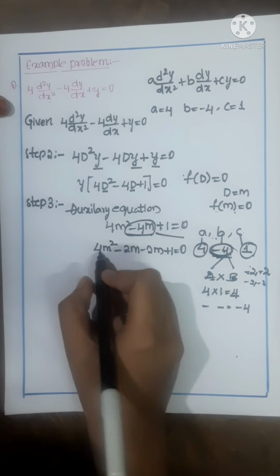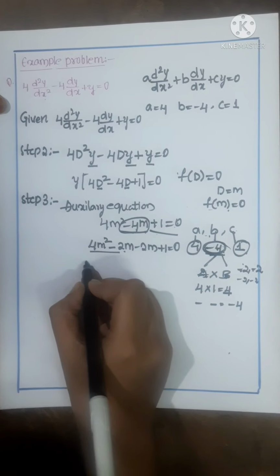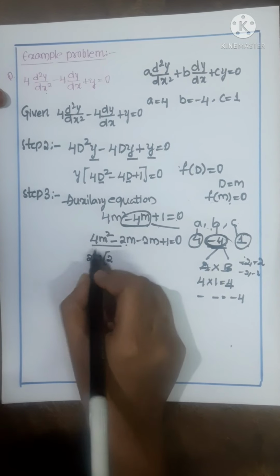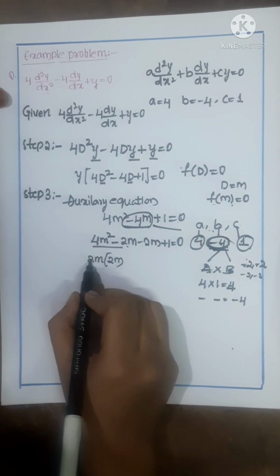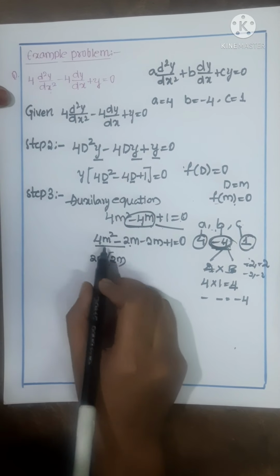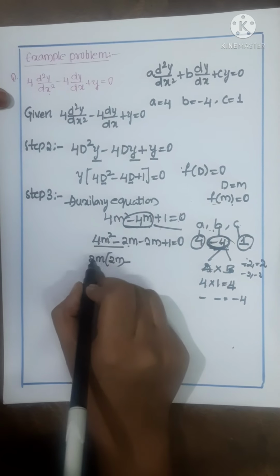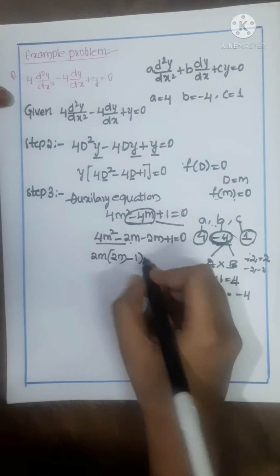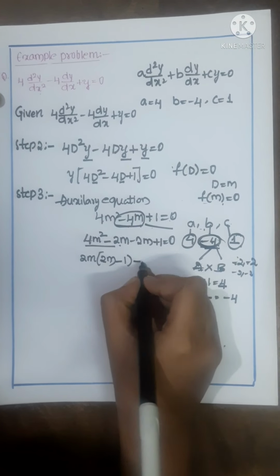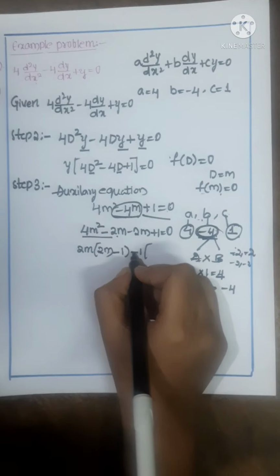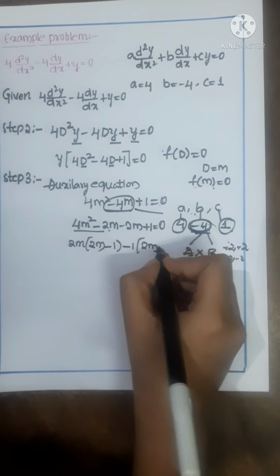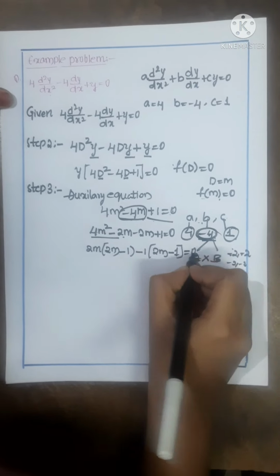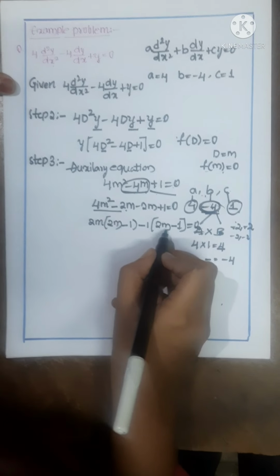So we have to find the roots. For that, here we can see 2m is common in the first two terms, so we take 2m as common. After that, 2 into 2 is 4 and m into m square, so it becomes 4m square, and here minus 2m into 1 is minus 2m, which is equal to the above case. So here we can take minus 1 common. After that, minus 1 into 2m is minus 2m, and minus 1 into minus 1 is plus 1. So we can split this equation into this form.